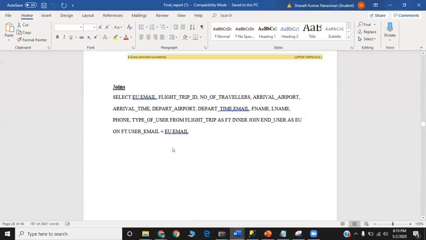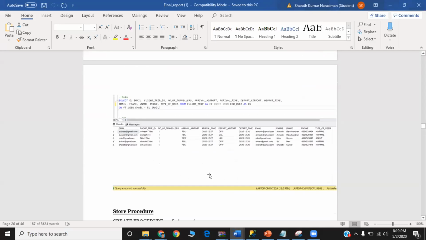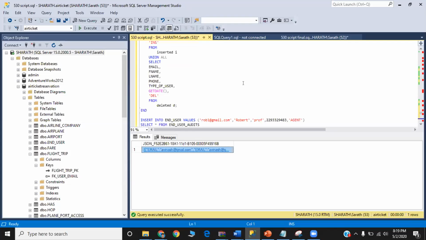Actually, we have done some table queries. So first is the join. We basically joined two tables. We can better see it in SQL Server.